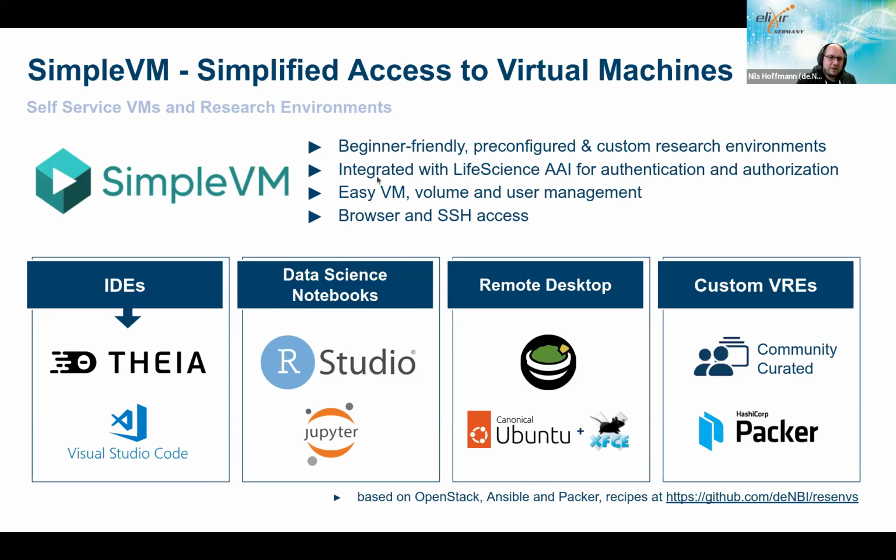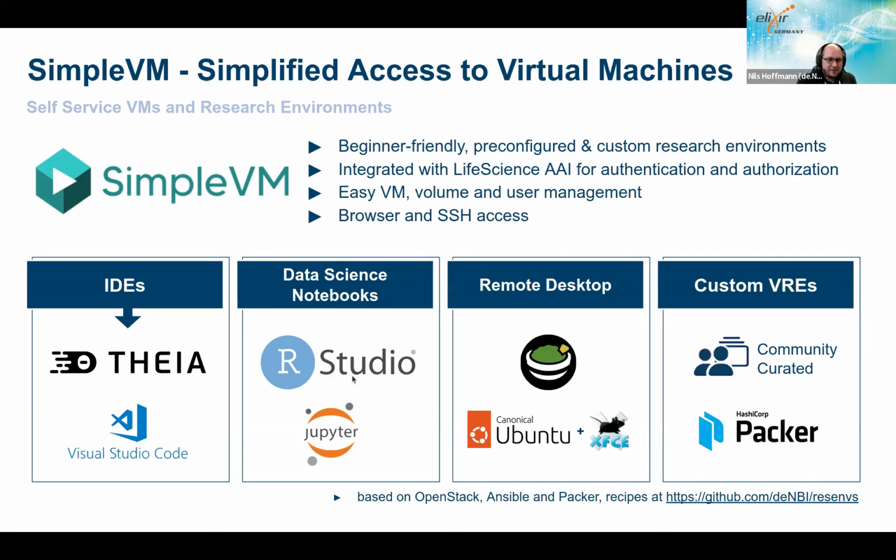This also comes with a custom user interface where you can define your VM, define your volumes and manage them, and also manage the users within your projects and user access to your VMs. And last but not least, it also provides browser and SSH access to your virtual machines.